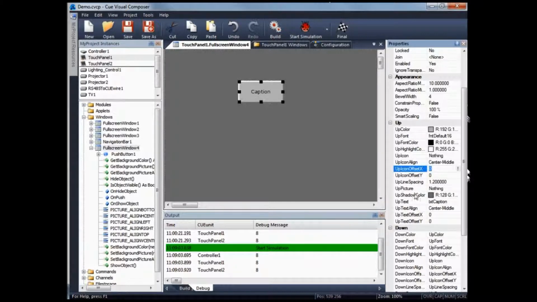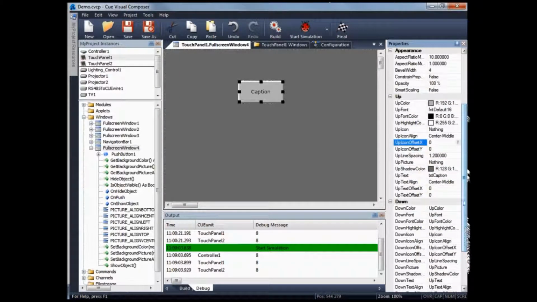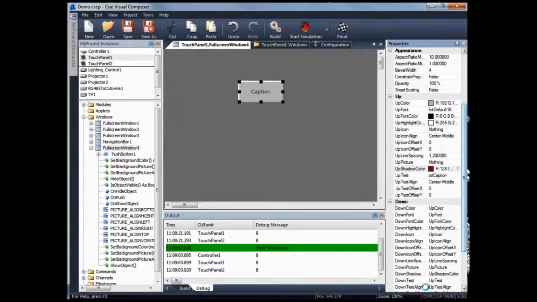So you can do full customization of the button. The generic object allows you to create a totally new set of graphics for your own design or usage. Let's say I change the shadow to red